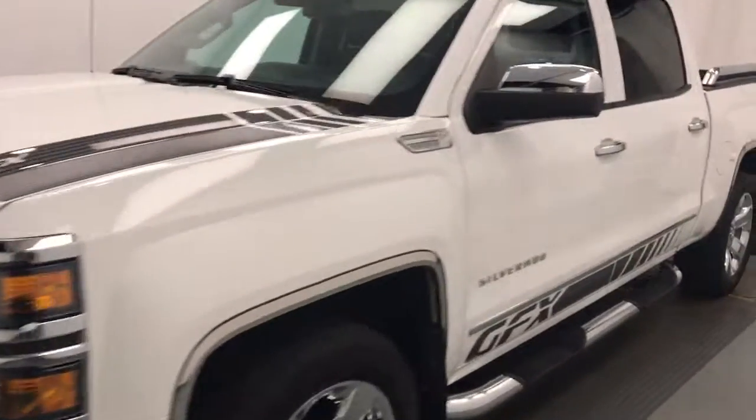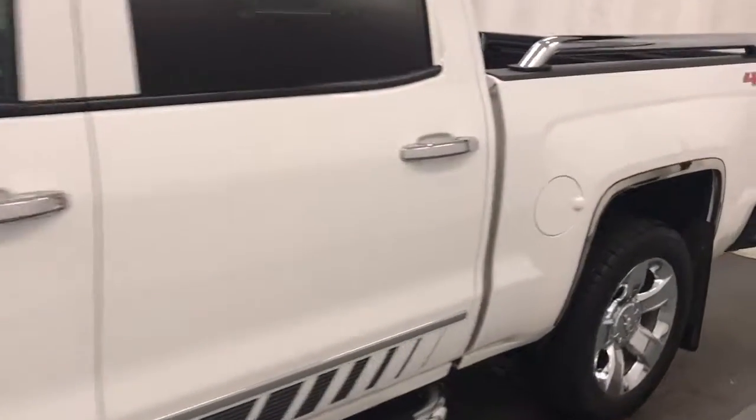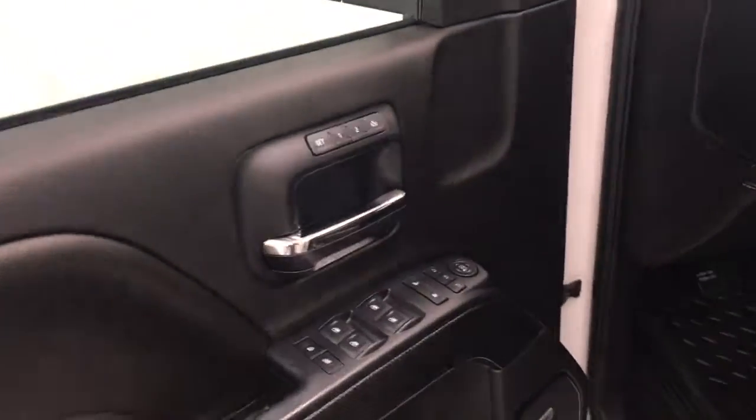Today we're reviewing stock number 194200 on a 2014 Chevy Silverado LTZ GFX, and our exterior color is white. Interior options include power windows, locks and mirrors, power folding mirrors, memory seats, premium audio system, power seats with lumbar